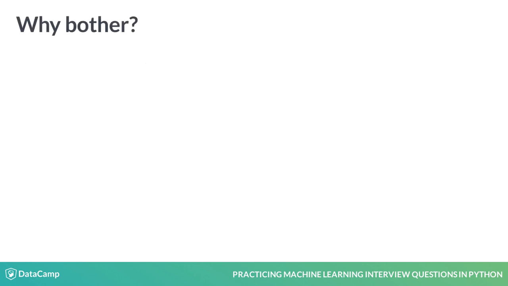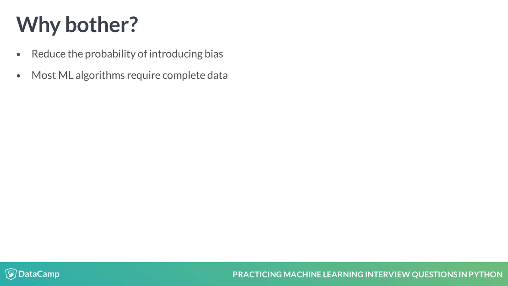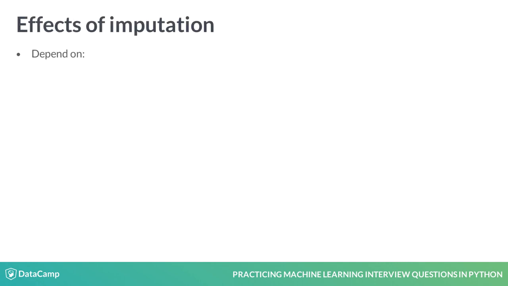So why bother trying different imputation techniques when data is missing? Because how you handle missing values can introduce bias. Handling it appropriately will reduce that probability and, perhaps most importantly, most machine learning algorithms require complete data or an error is generated. The exact effect an imputation technique will have on the distribution of a given feature depends on